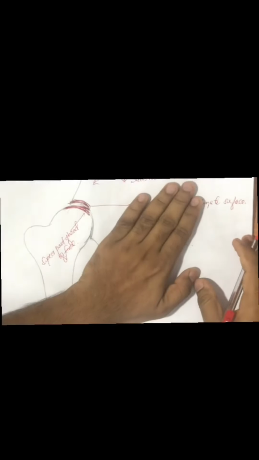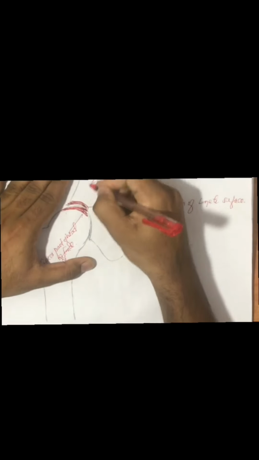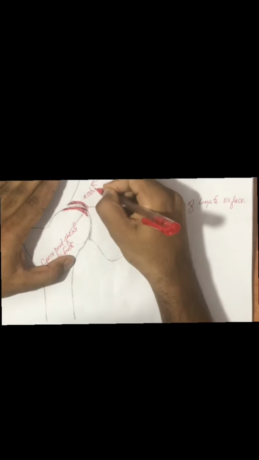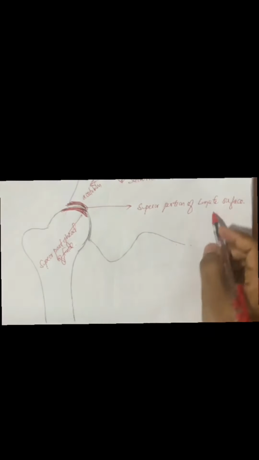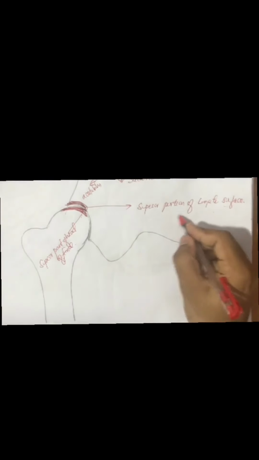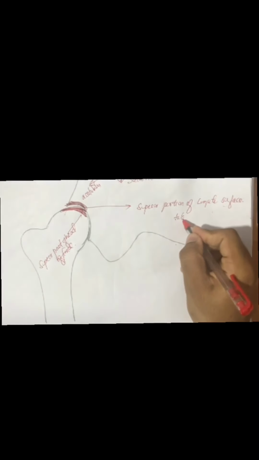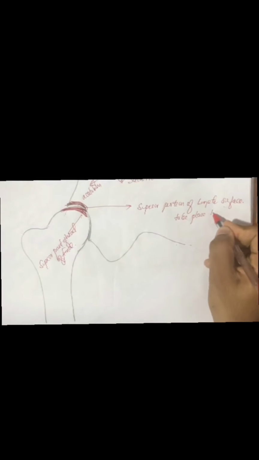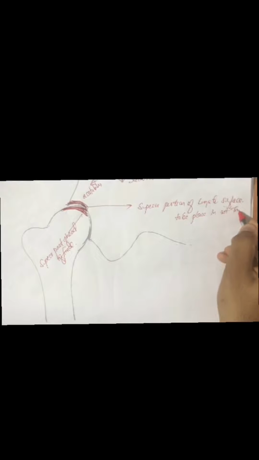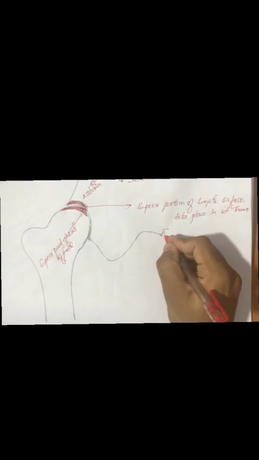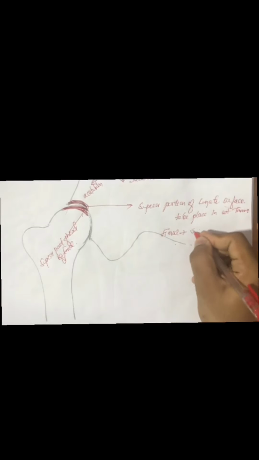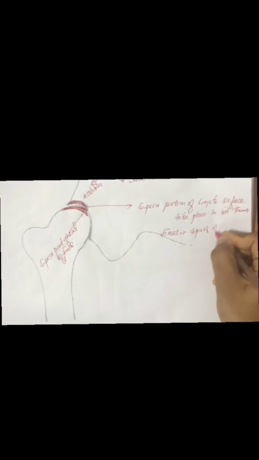So the weight is transmitted to the sacroiliac joint, into the hip joint, into the acetabulum, and in the acetabulum only the superior portion of the lunate surface takes part in weight transmission. Similarly, in the femur, the superior surface of the head